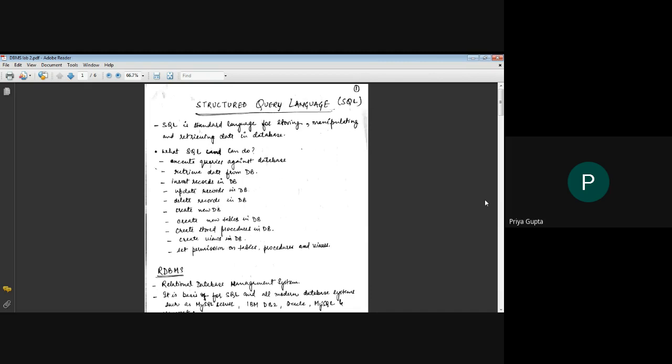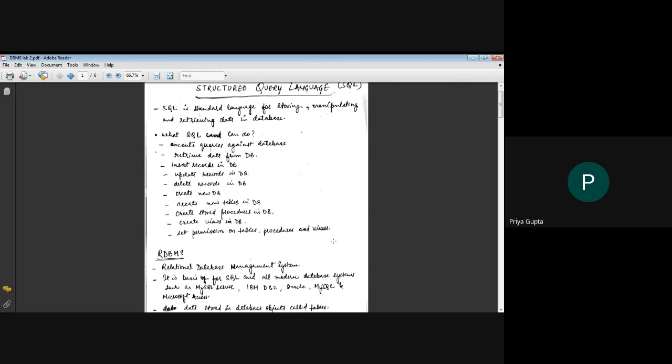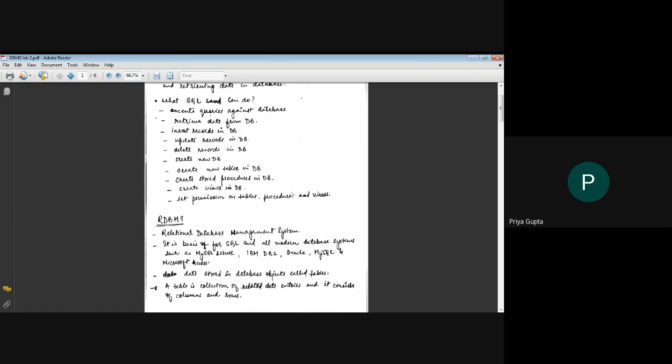So in all these things, we have seen that SQL can work on a database. SQL creates a table. It can add or remove data from the database. It can delete a particular table or particular data from a database. It can set permissions on the table regarding who can and who cannot access the data. So SQL is very important among the database languages.